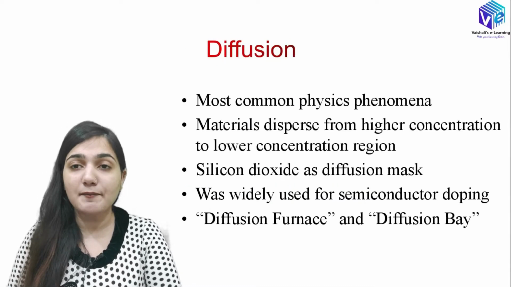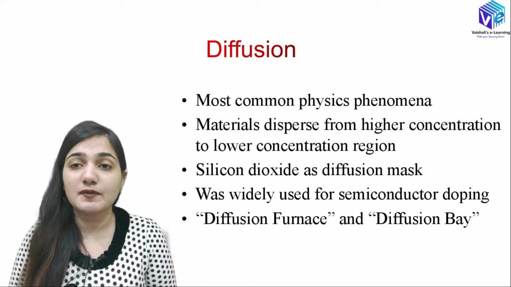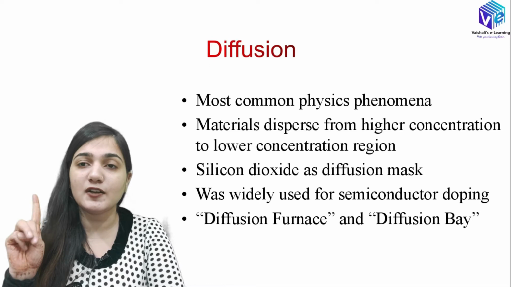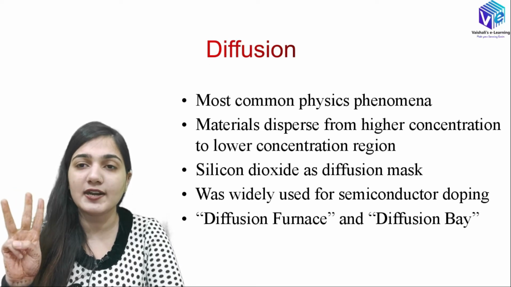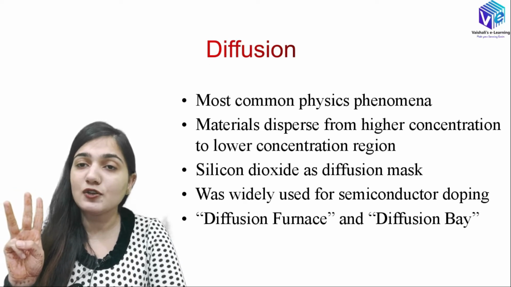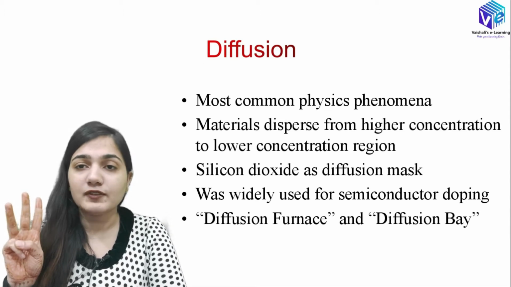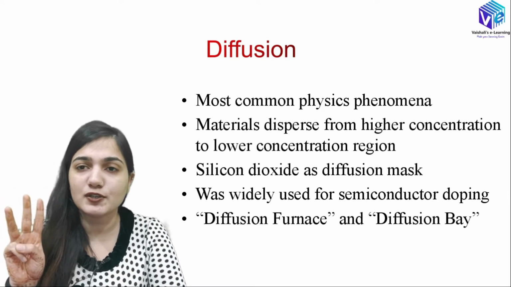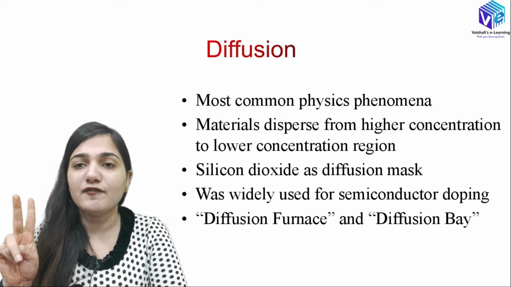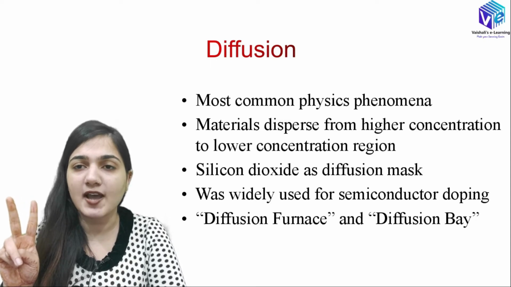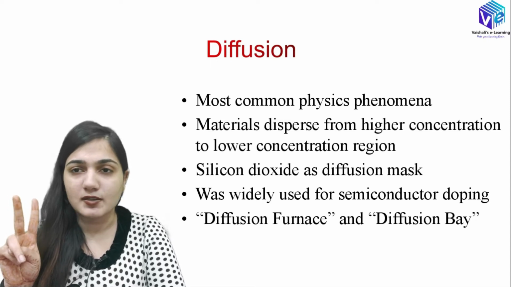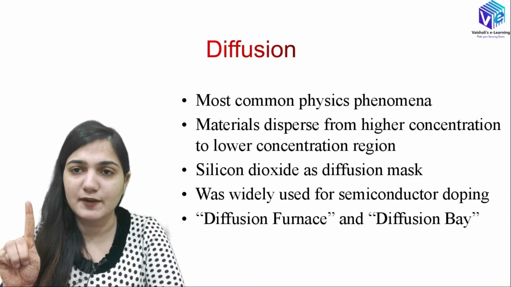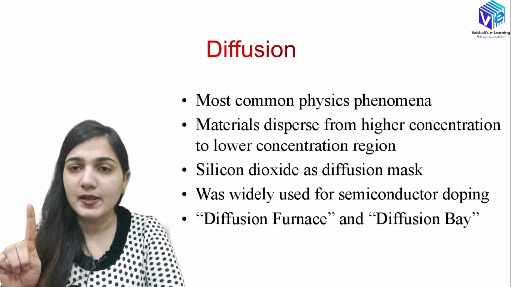I hope you remember what I discussed in the previous video. I discussed diffusion in three forms: diffusion in gases, diffusion in liquid, and diffusion in solid. The diffusion in solid occurs with the formation of an alloy. The solid atom can move from one solid to another solid and form an alloy. The diffusion in liquid was explained with the help of ink. Ink can spread in water with the help of diffusion. The diffusion in gases was explained with the perfume example. I hope you remember it.